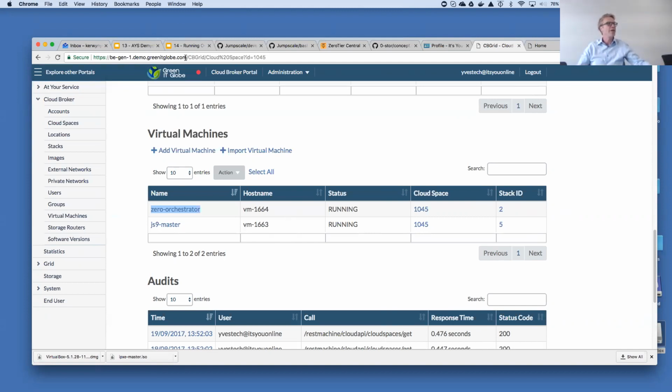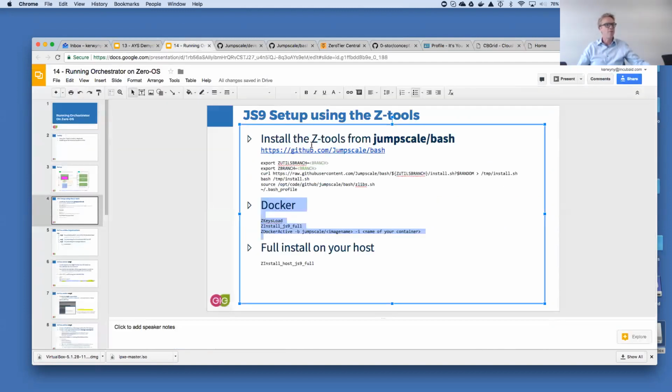Okay, so what I did from that machine, these are the commands I used, quite straightforward. I basically specified two environment variables. One to specify the branch of the repository. So in the bash repository, I specified, in my case, master.